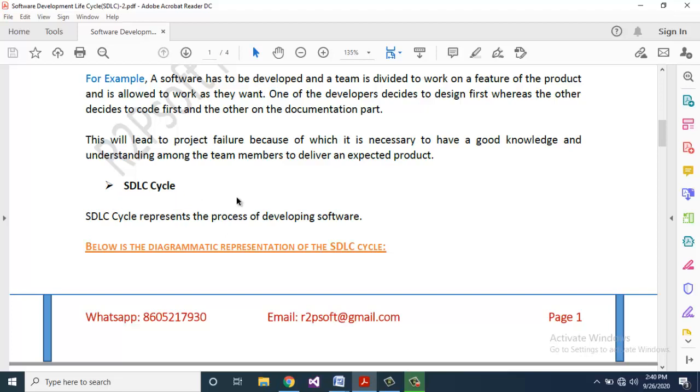SDLC cycle. SDLC cycle represents the process of developing software. Below is the diagrammatic representation of the SDLC cycle.